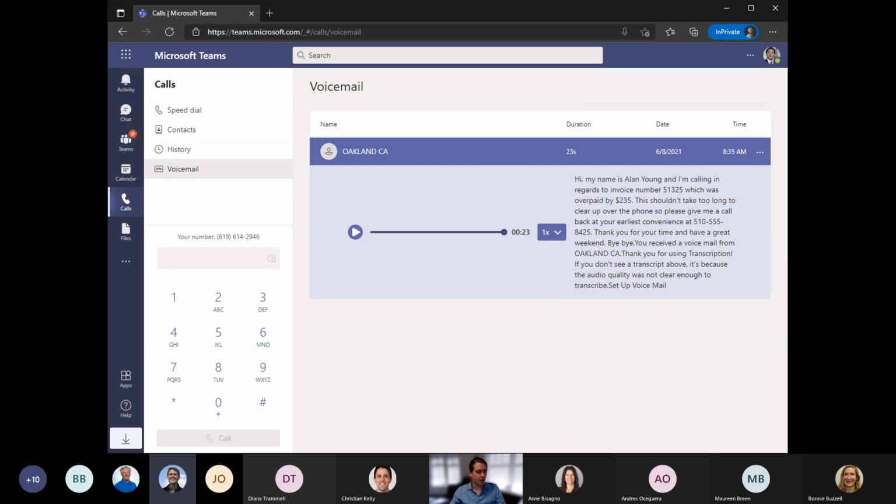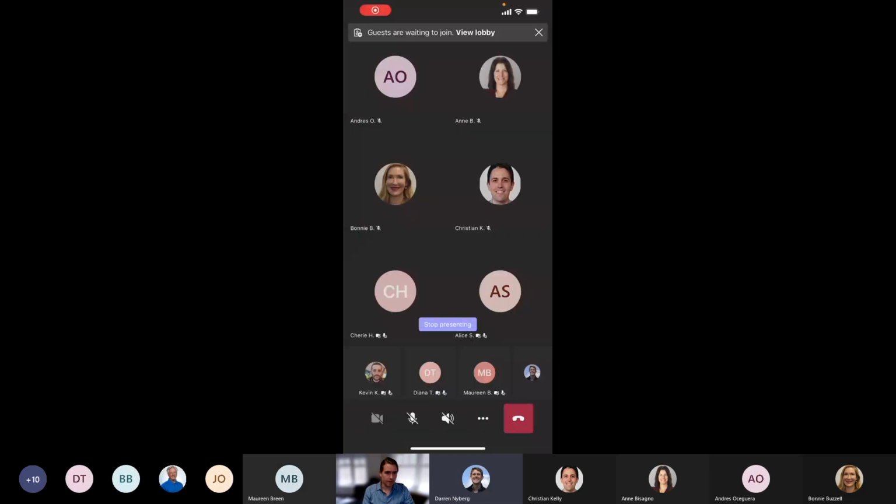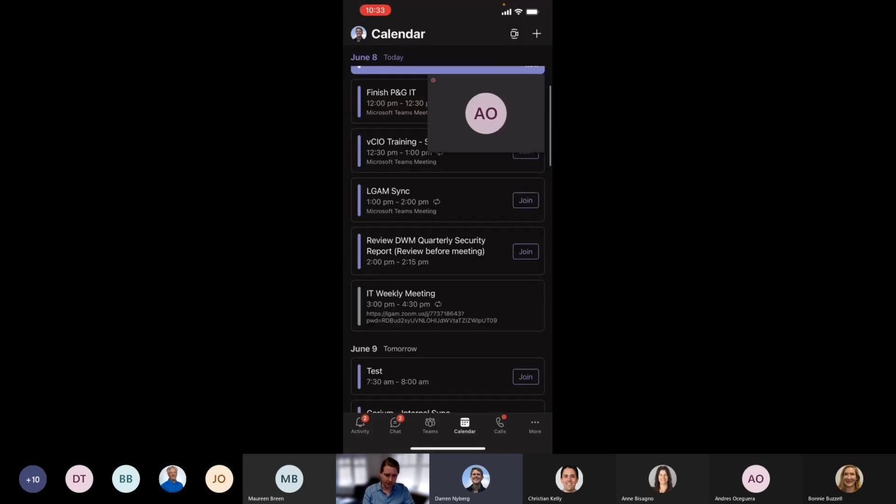So that's the desktop app. I wanted to also quickly show everybody what the mobile app looks like. Unfortunately, I can't show you 100% what this looks like because I'm also in this meeting on my phone. So let me just give you a quick demonstration. Okay, so I believe everybody is now able to see my mobile device. As you can see, I'm in the meeting right now. I'm going to hop out of this meeting and hop into my general Teams app.